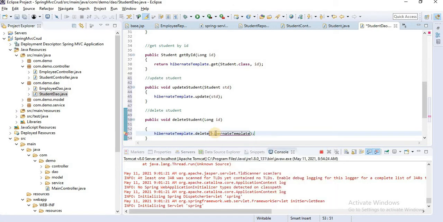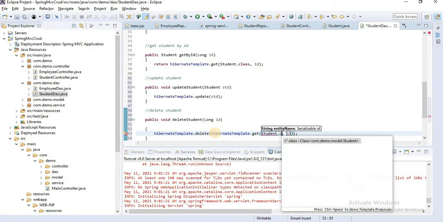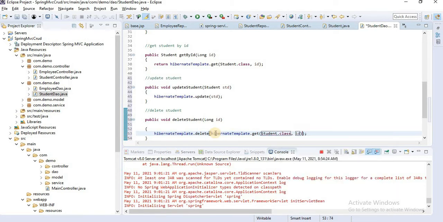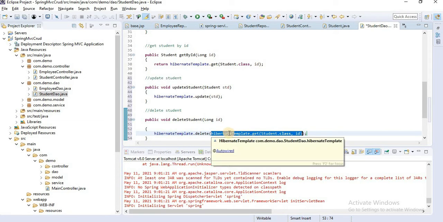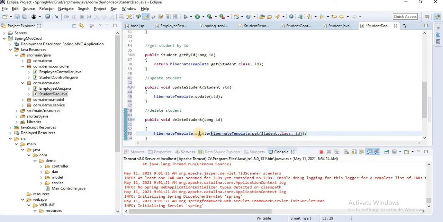Okay, hibernateTemplate.get Student.class and accept the id. This is responsible for getting the student object. Okay, when we pass the id, it provides us all the records of that particular student. When we get that student's full record, then we can simply delete that particular record.